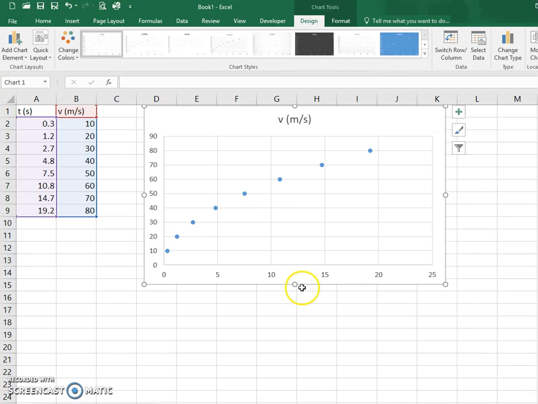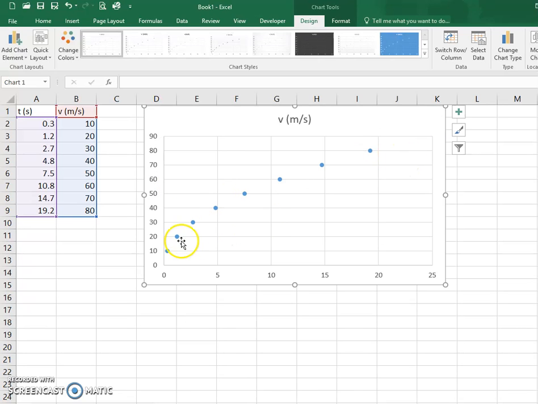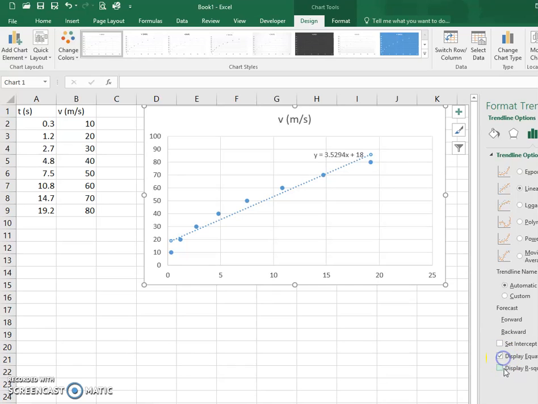And in this case, I can tell right off that it is curved. It is curved in this direction, and the X is going up fast, the Y is going up slowly. If in case I want to check it, I'd right click on the data point, add a trend line, and then display the equation and the R squared value. R squared is 0.95, it's not bad, but it's not good,